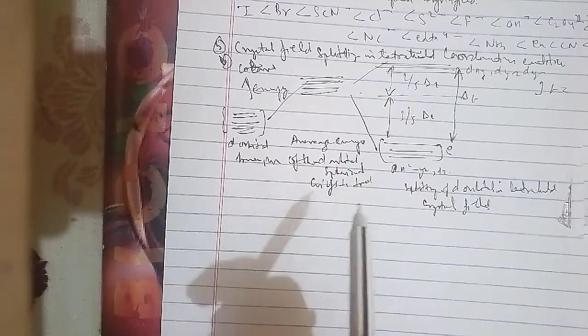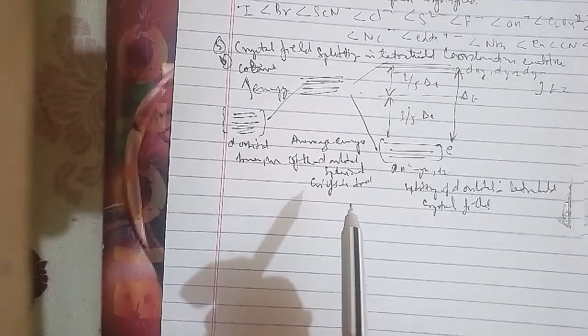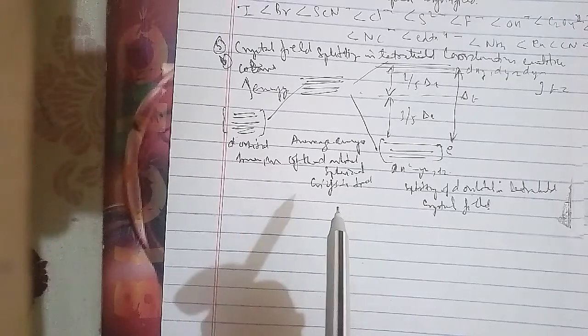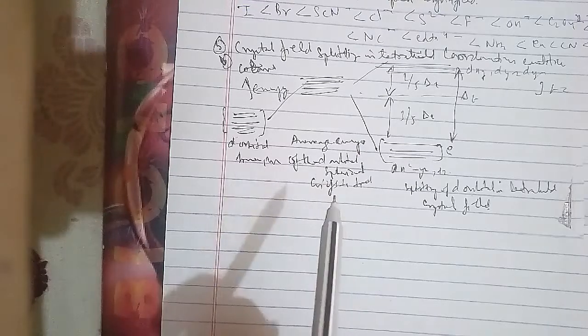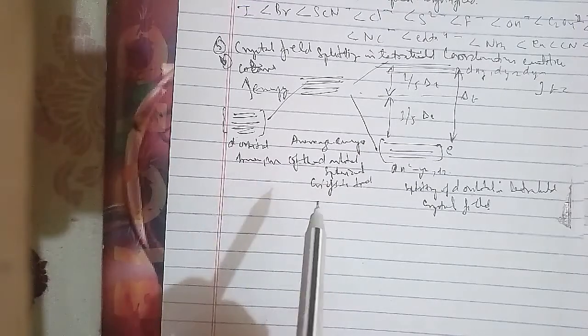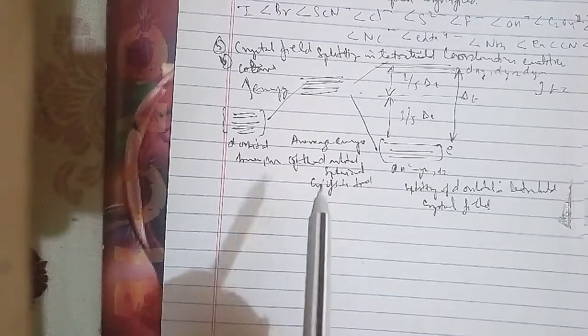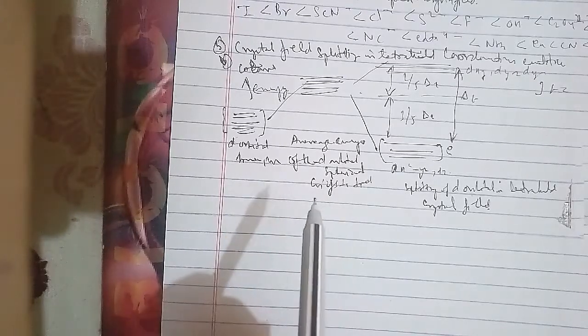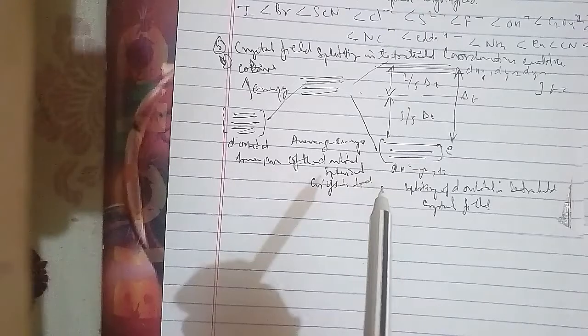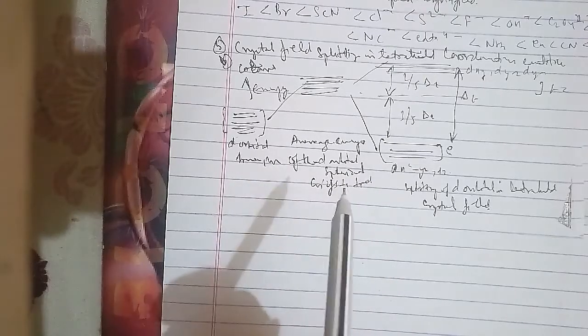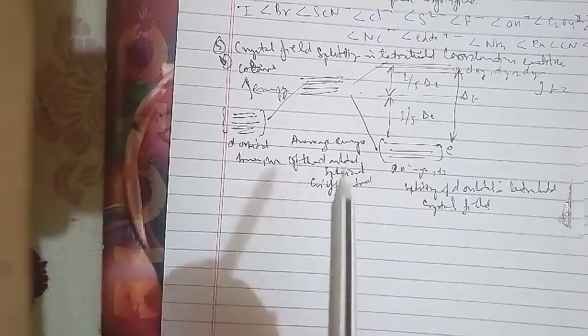Unit 2 is solutions, where we had completed types of solutions, expressing the concentration of solutions, solubility, vapor pressure of liquid solutions, ideal and non-ideal solutions, colligative properties and determination of molar masses, and abnormal molar masses as well. Unit 3 is electrochemistry, where we had completed electrochemical cells, galvanic cells, the Nernst equation, conductance of electrolytic cells and electrolysis, batteries, fuel cells and